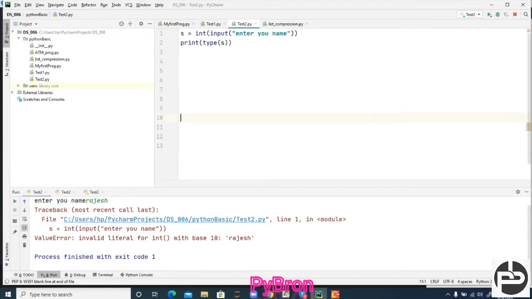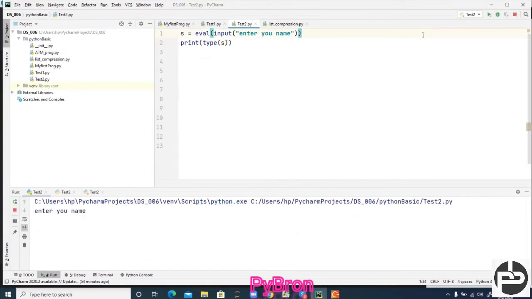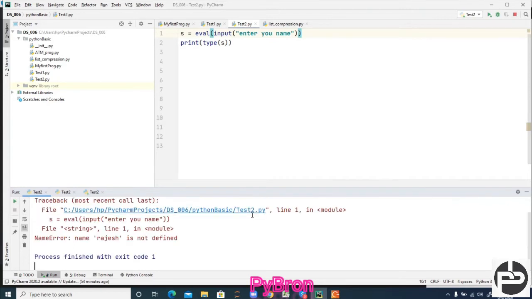So what we can do is call this input method over the eval function. What is the benefit of the eval function? Try to understand here, be focused. If we are passing Rajesh, and type of s, what happened?